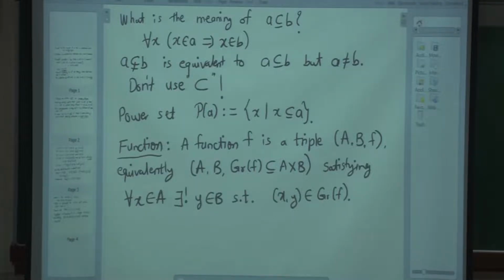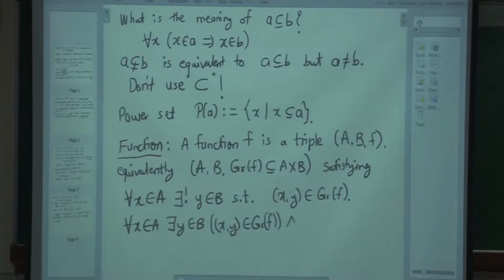Well, I should be more precise. What is the meaning of there exists unique? So I will write that down. For all x in A, there exists a y in B such that the ordered pair x comma y belongs to graph of f,